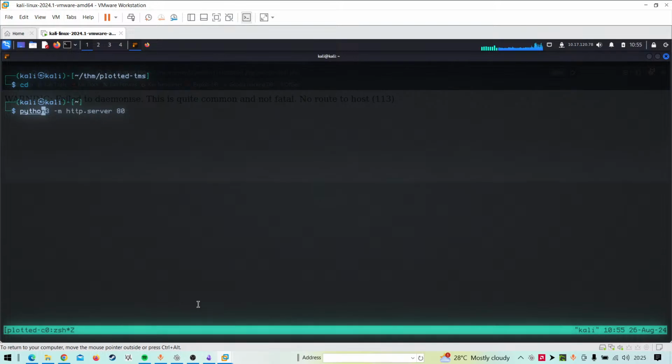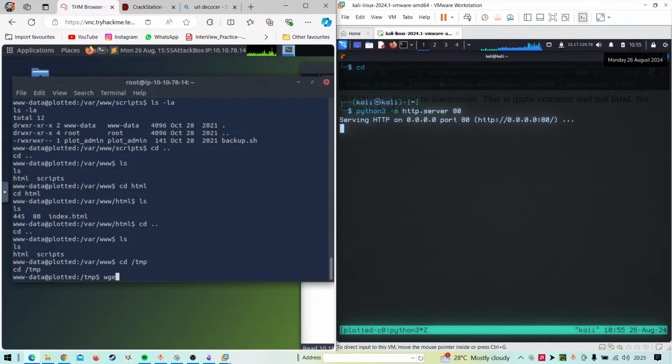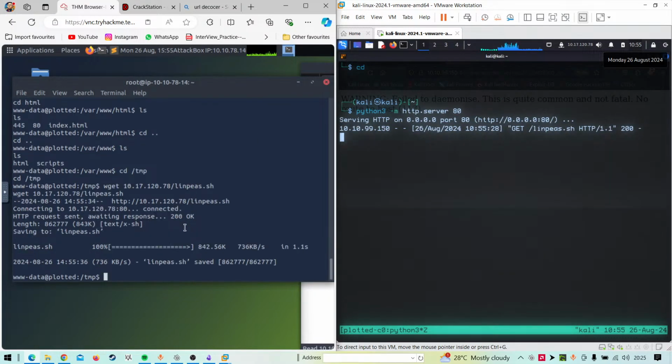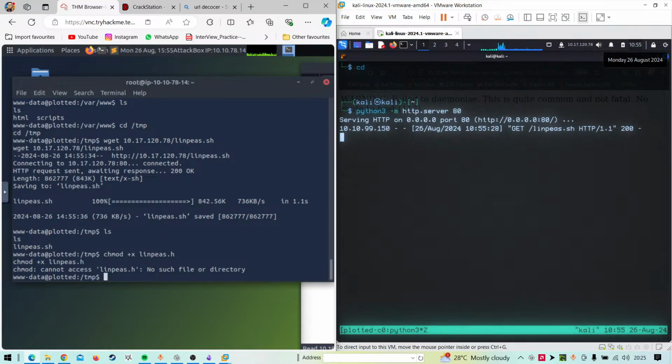For wget, you can just use 10.17.120.78 and get linpeas. I want to get that. So we have linpeas. We can just give it execution permission, linpeas.sh. Okay, that was a typo mistake, right?